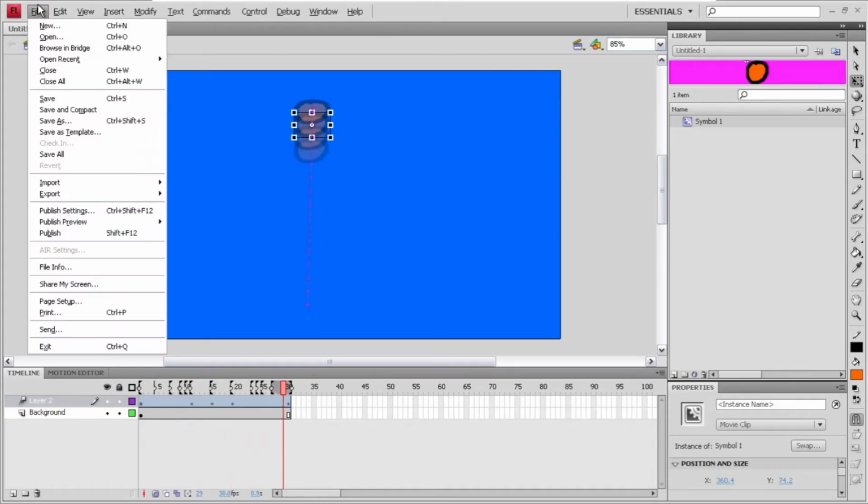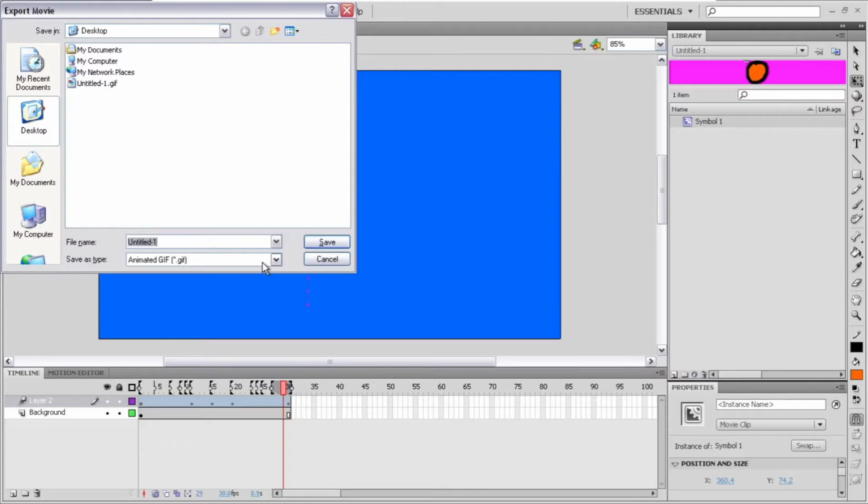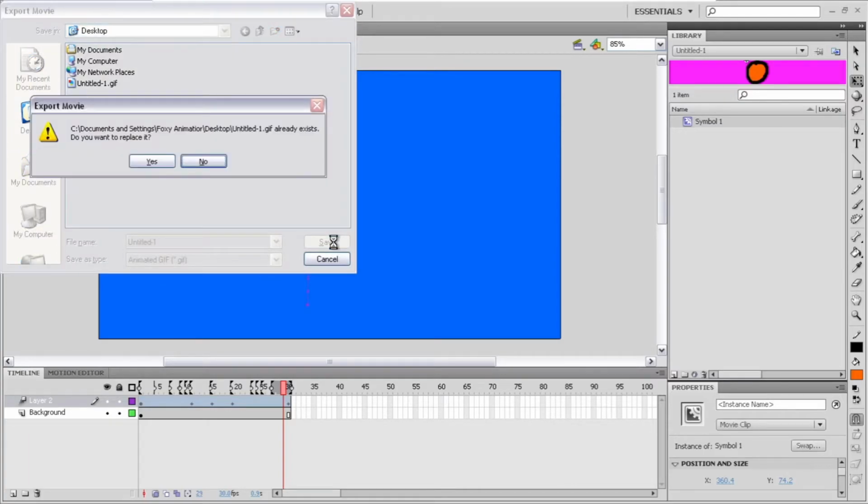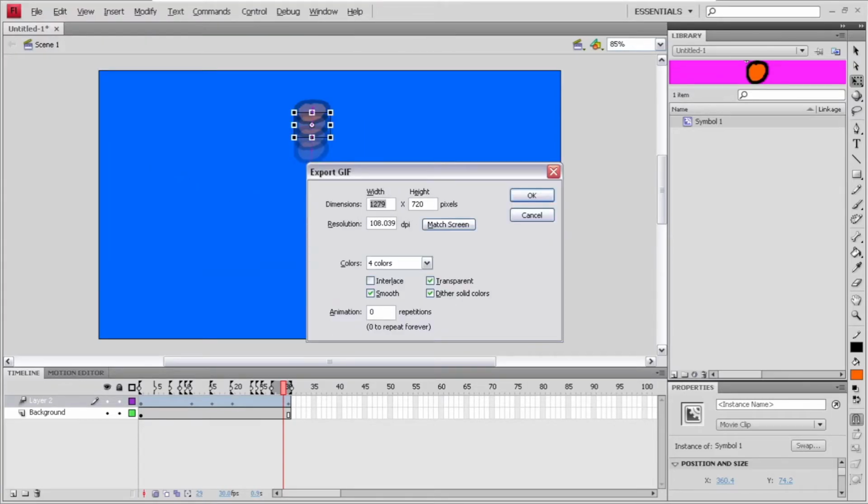And if you want, you could go File, Export, Movie, Animated GIF, Save. Click Yes. And this is why I absolutely love this. It would default to 720p, but it's a little bit off with 720p. So, that's 1280, which is actually 720p. So you can actually change that, and then